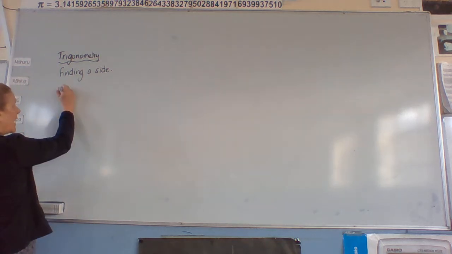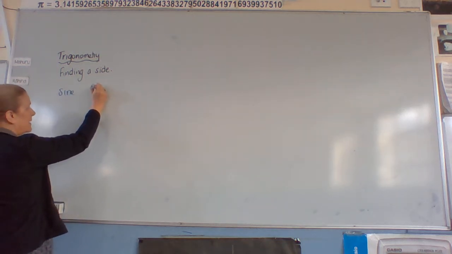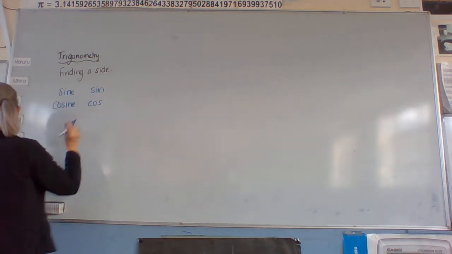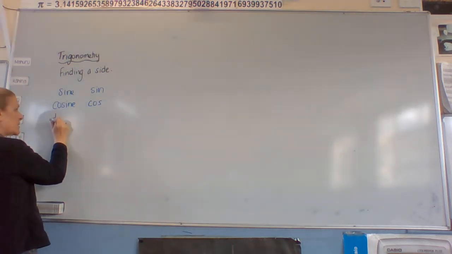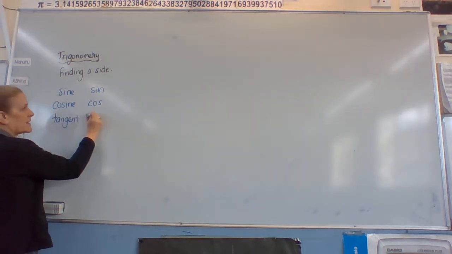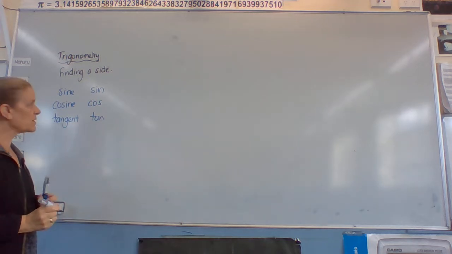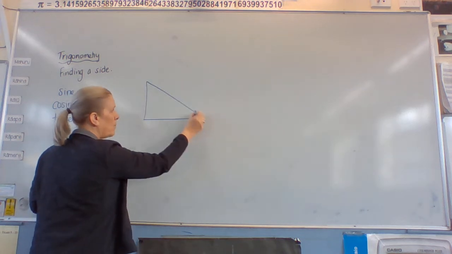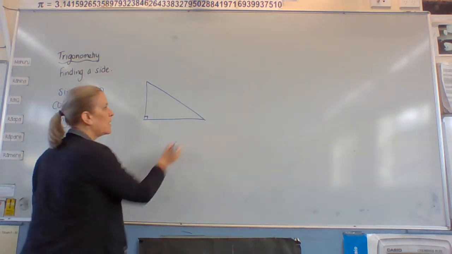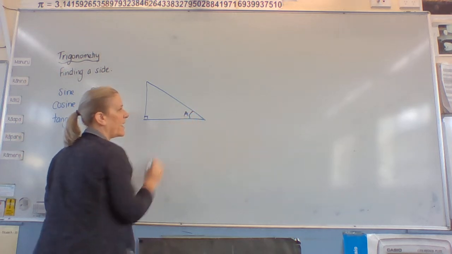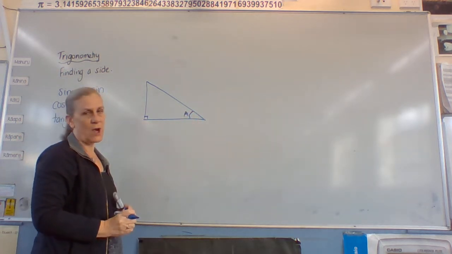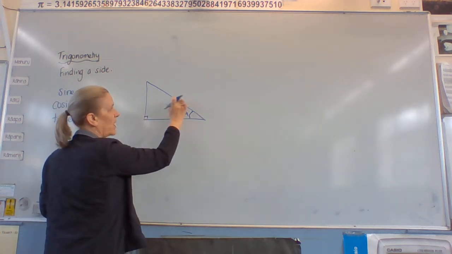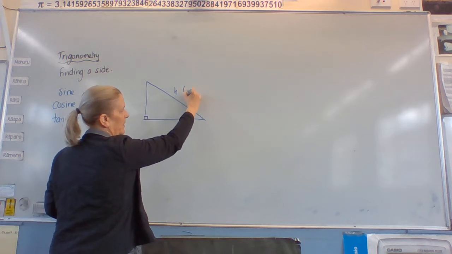The three ratios are sine, which we write as sin, cosine, which we write as cos, and tangent, which we write as tan. Their ratios are related to a right-angled triangle. We're always using one angle that's not the right angle in this triangle. Most people label the long side opposite the right angle as the hypotenuse, so we label it as